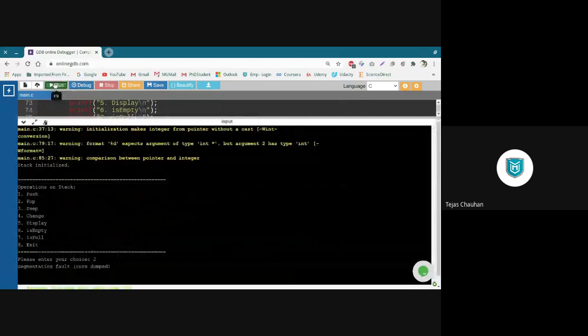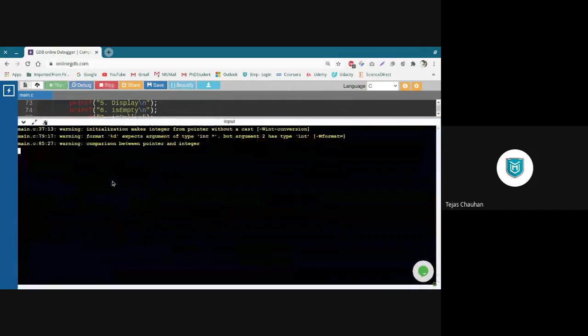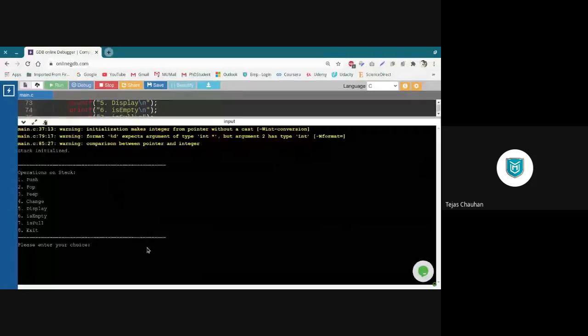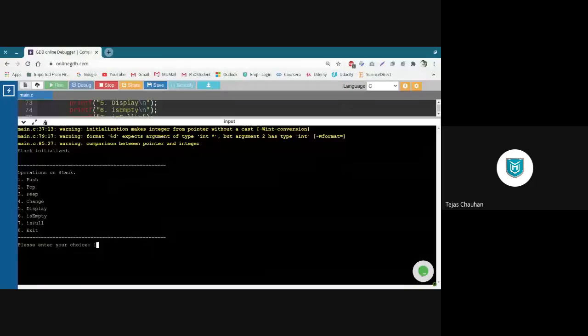Let us check what happens with the push function, and then we'll find out what is the problem with pop.